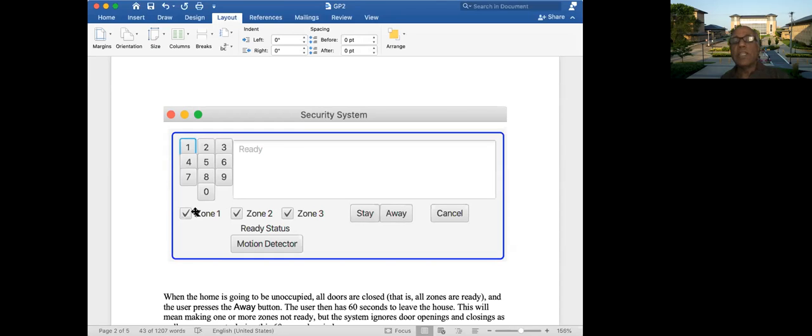That is, they are closed. If they are all closed, you can press away. Then you have 1 minute to get out of the house. So at that point, of course, you will be unchecking this, and then because you are actually opening the door, and then maybe you are in the garage or in your front side of the house, wherever, and then you will be closing that, then you will be checking this again. Then after 1 minute, the system is armed, and